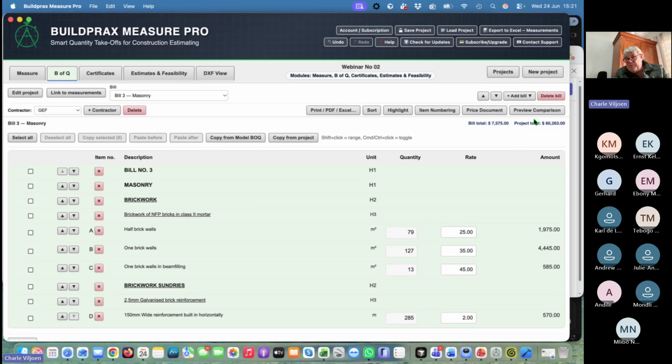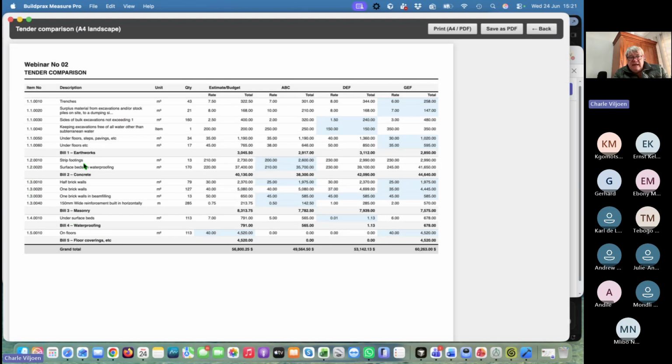You just press your preview comparison button, and all our bill of quantities will be here on the left, with all the items, and the quantities, rates and amounts, and the rate and amount for each contractor. Every rate, it will highlight the lowest rate, so you can quickly see